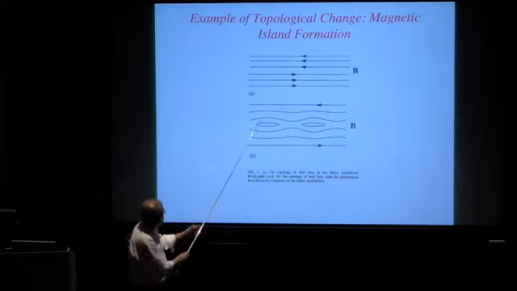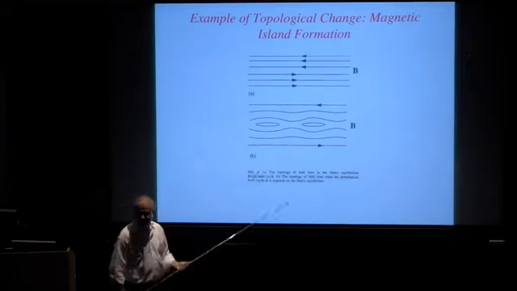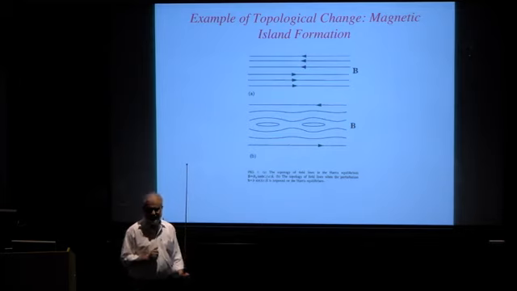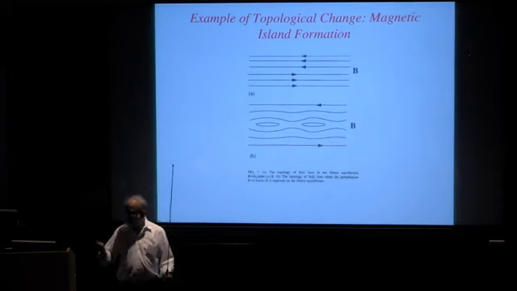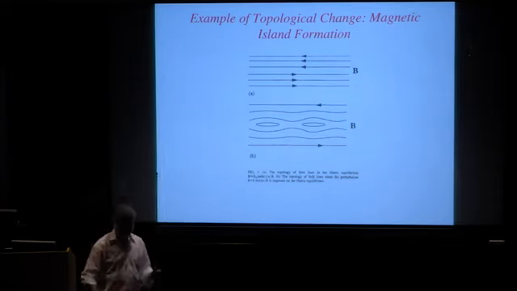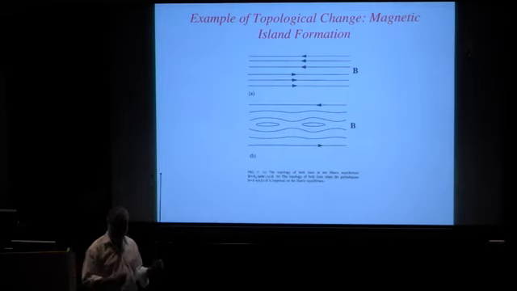Well, when you started out with this configuration, you didn't have these. There's topological change. Can an ideal plasma do this? The answer is no. So suppose you try to do a calculation where you put in a sinusoidal perturbation and you push the equations of MHD through to figure out how that perturbation evolves in time. And I did this exercise.